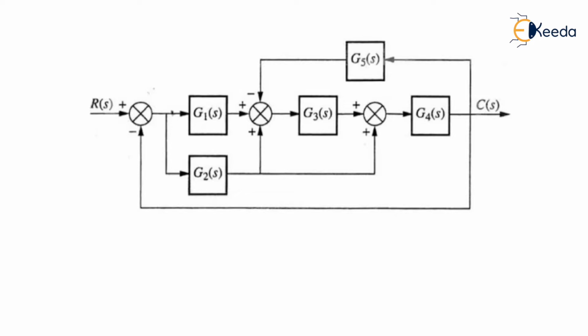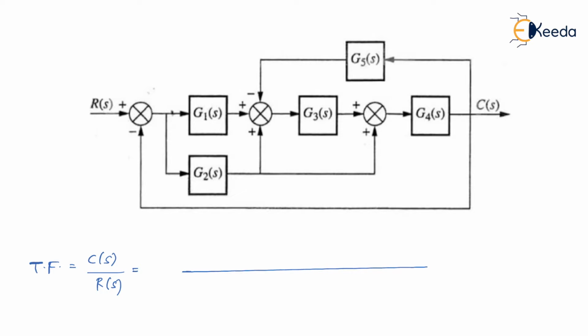Again, some block diagram is given and we have to find a transfer function for this. So I have to get a transfer function, that is C of S upon R of S, and this is equal to, as I said earlier, it will be in the form of numerator and denominator. So what we take in numerator is nothing but the summation of all forward paths. Am I right?